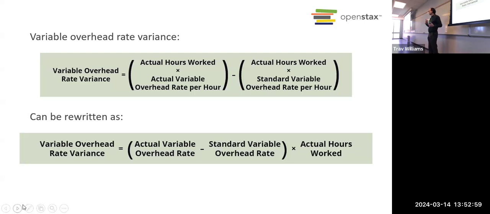Just like with labor, it's not called a price, it's called a rate. Right? In that example we were just looking at, the rate was $2 per labor hour. So you would take your actual labor hours, since that's the activity we're basing the overhead on, times the $2 rate. Well, if that's the actual rate, or if that's the standard rate. But again, same formula, just slightly different words. And so this would be the rate variance for variable overhead.